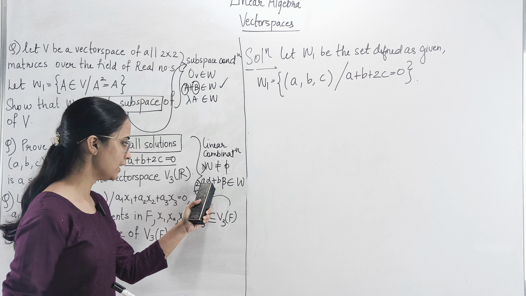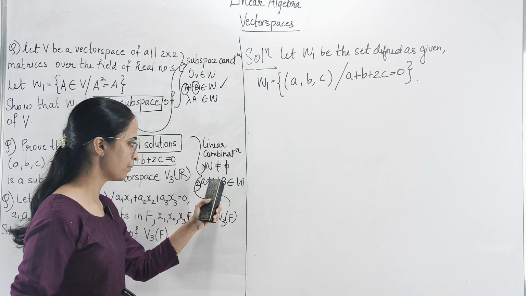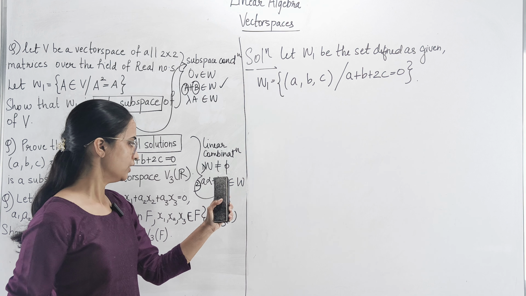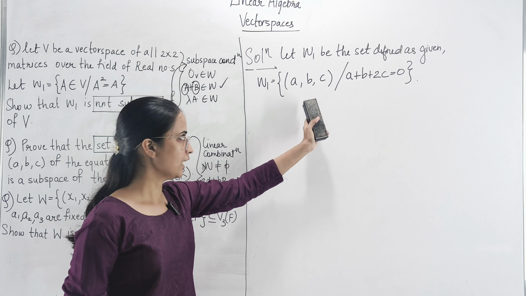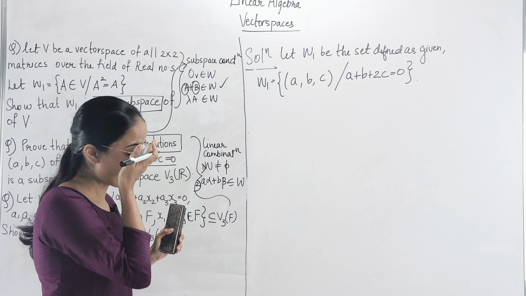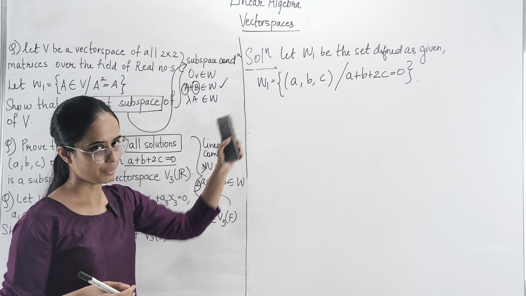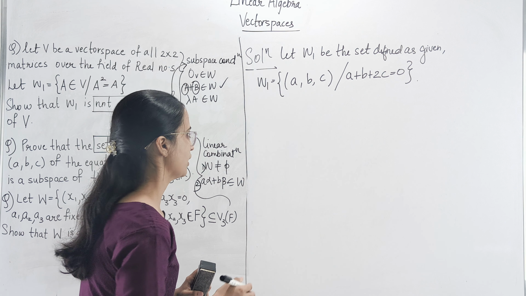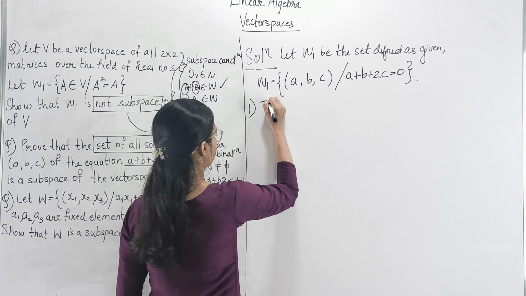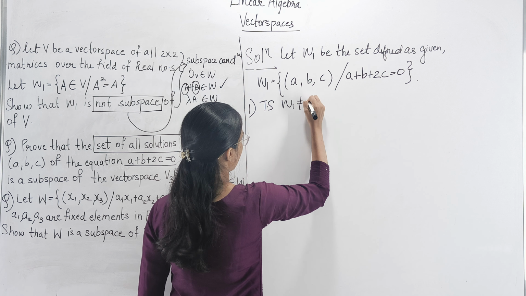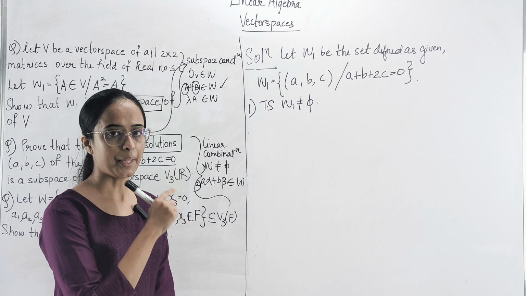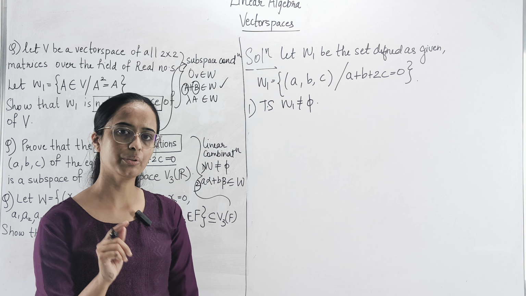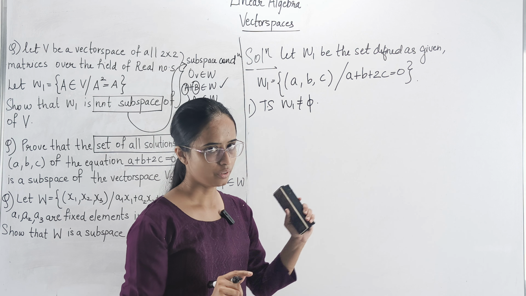And the second step is the linear combination of A alpha and B beta. A alpha plus B beta should belong to this particular set. यहाँ पे alpha और beta जो है वो basically ये vectors रहेंगे, and your A and B, small a and b, these are not the same A and B, these are the scalars belonging to the field of real numbers. So let's start. Step number 1 is where you have to show that W1 is not empty. Now whenever you have to show that any set is not empty, the easiest step is to show that the 0 vector belongs to that particular set.